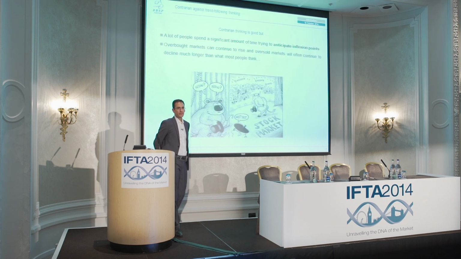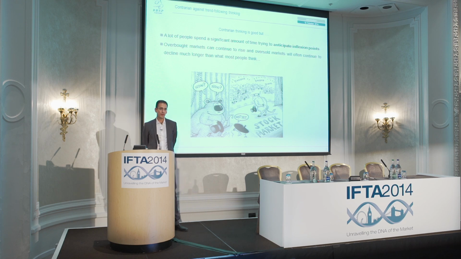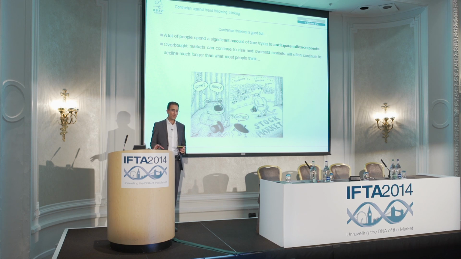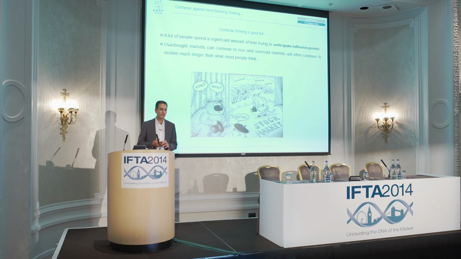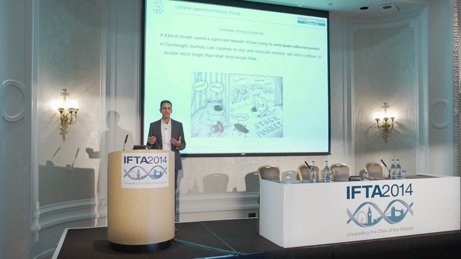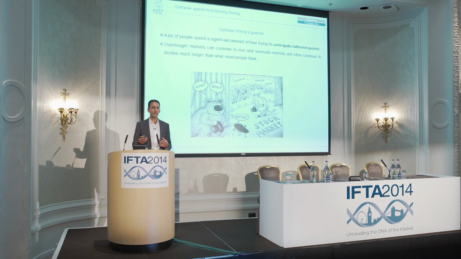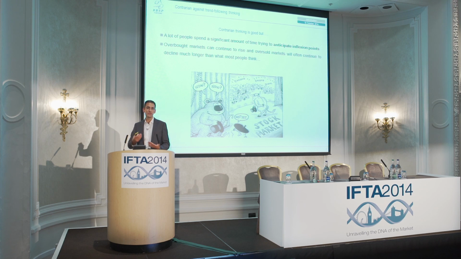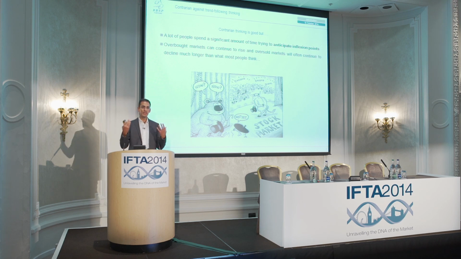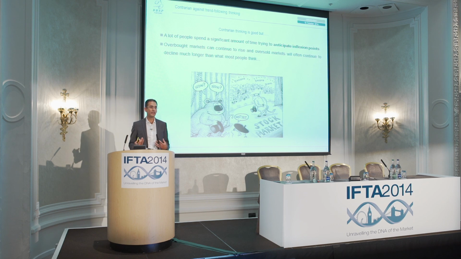My feeling is that contrarian thinking is good. You can make a lot of money. But the problem is trying to anticipate turning points. And I think it's the most difficult thing to do, not only in technical analysis, but in finance: anticipating the end of a trend on the market. I always hear some people talking about overbought markets, oversold markets, and the reality is that an overbought market is usually an indication that the market will go higher, and an oversold market is usually an indication of a weak market.